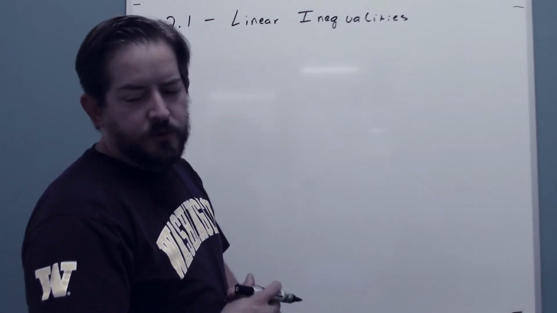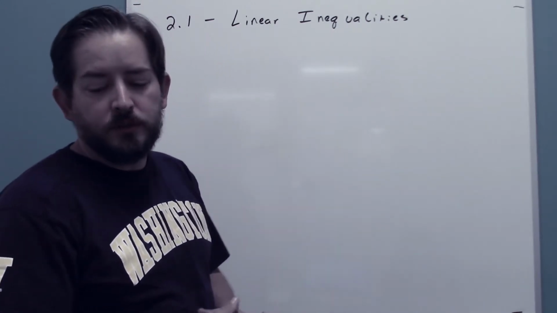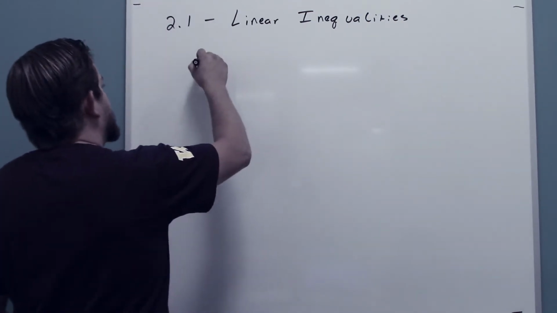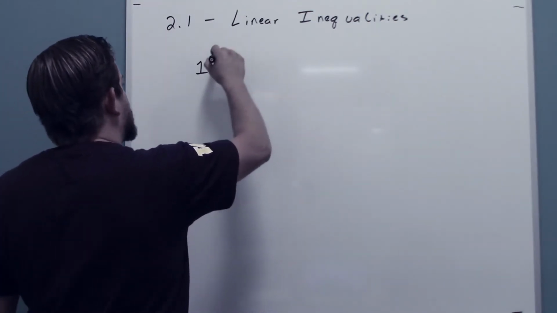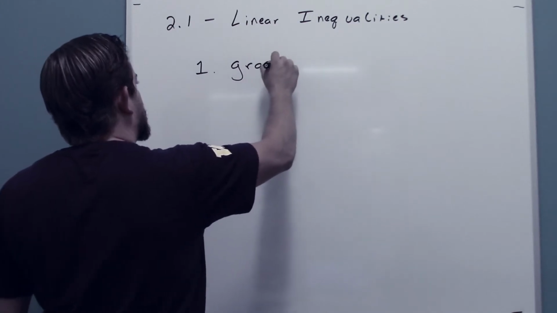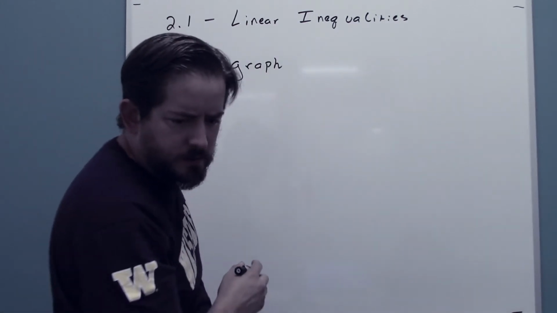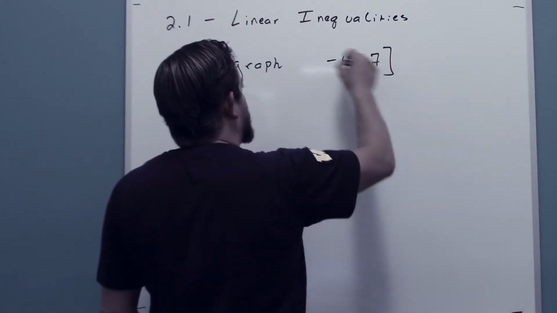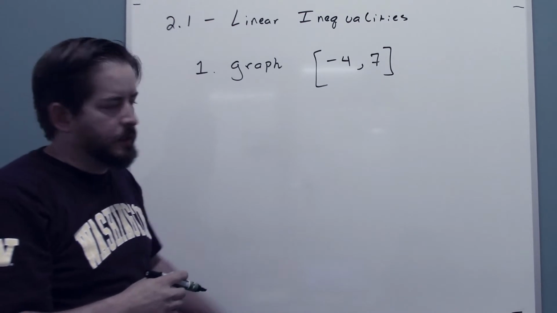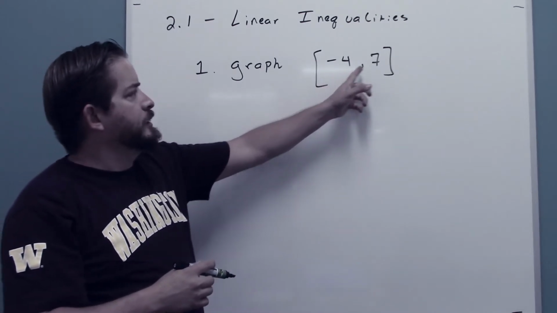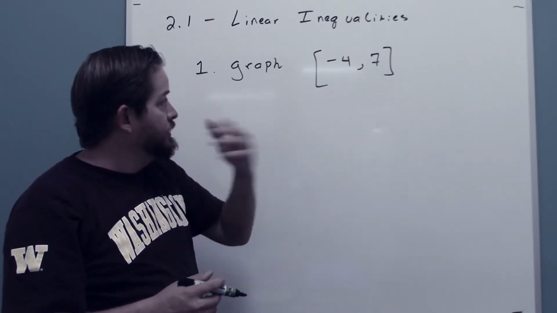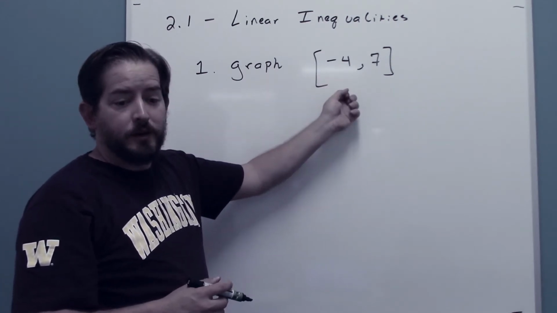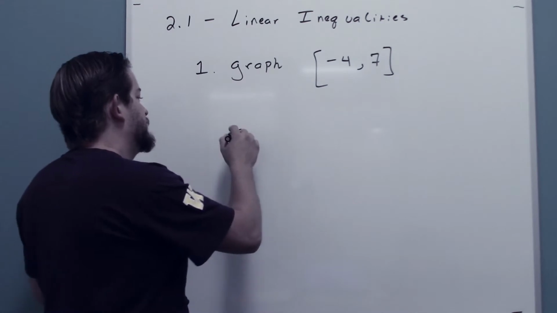There was one question about just graphing in general. So we'll look at question 1 and 2. But number 1 says to graph the interval -4 to 7, and there's brackets on both, right? So that is to say the numbers between -4 and 7, that's our interval, and then the square brackets here mean that these numbers are included. So if we create our little number line here,